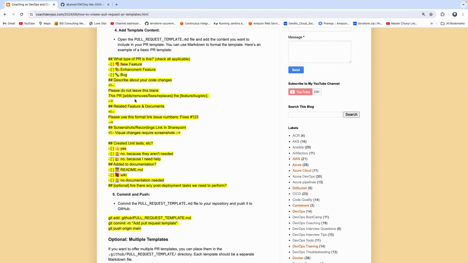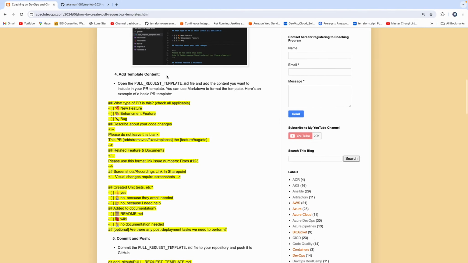If you look at my web page, you see here, right? All you have to do is create this particular markdown file, a .md file. You just need to create a file called pull_request_template.md. And then you can add whatever content you wanted to add, right? This is like a sample content. All you have to do is create this file and add this content, and then you can customize